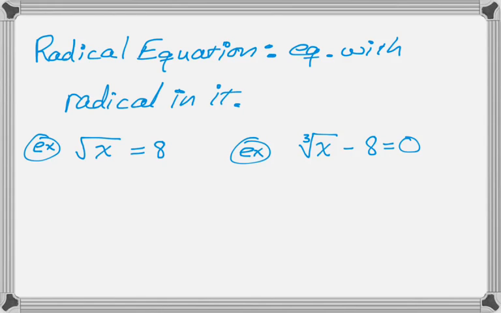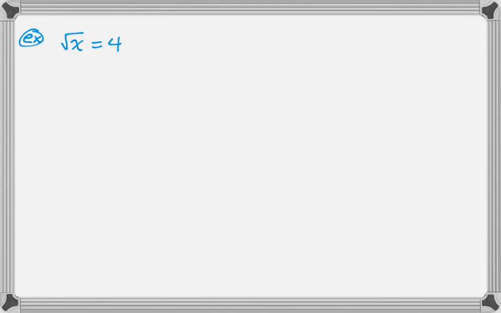There could be multiple roots, then it gets fairly complicated. But basically it's just an equation that has a radical in it. So we're going to learn about them by doing examples. So the first example is radical x equals 4. Generally speaking, what you do is you try to isolate the radical, get it by itself, and then you undo